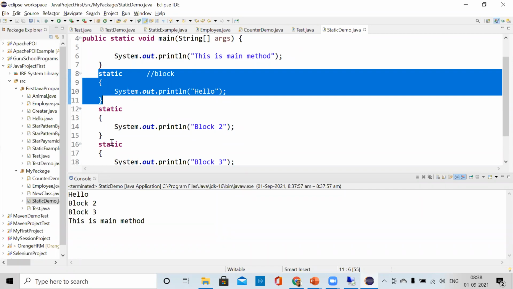So what is the use of blocks? A static block is executed at the time of class loading. If you want to perform any activity, such as giving information like the method names which you have written inside the main method, whichever information you want to give, you can give it through these blocks.